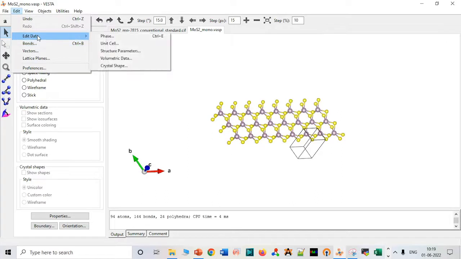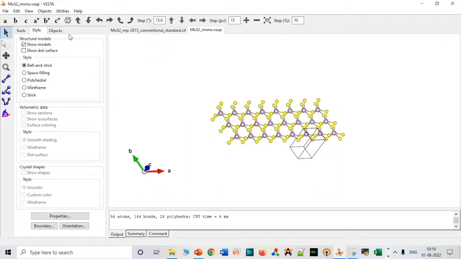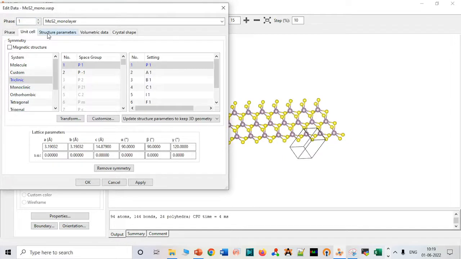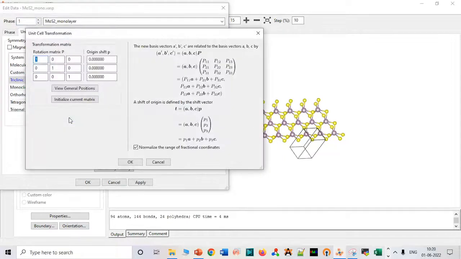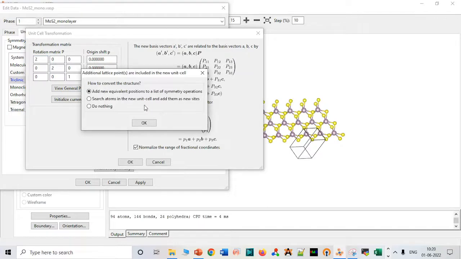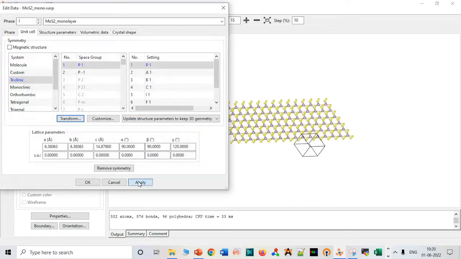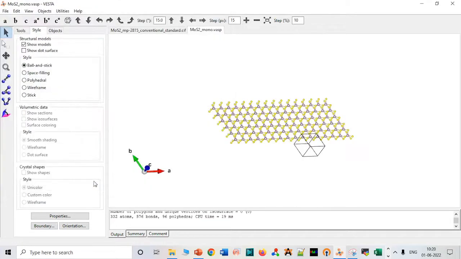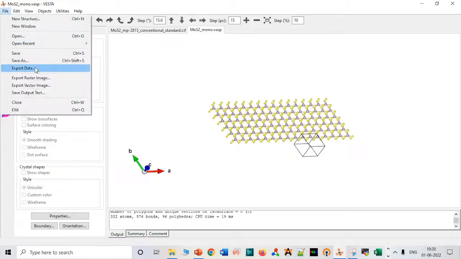You can edit. You go to unit cell. If you want that exact monolayer, with the number of atoms reflected in your POSCAR file, go to 2, just make it 2, and again OK. Search atom in a new unit cell. OK. Apply. Okay, let's save it. You can just export data,